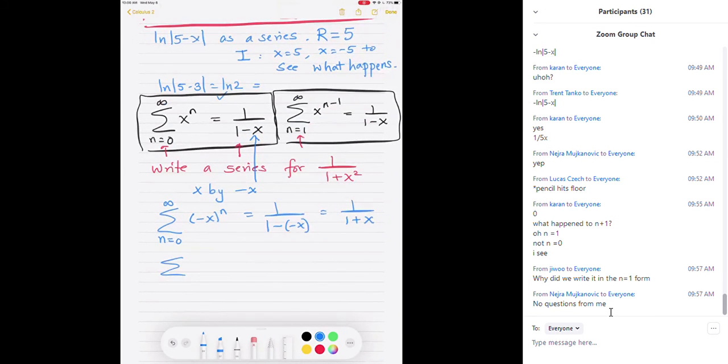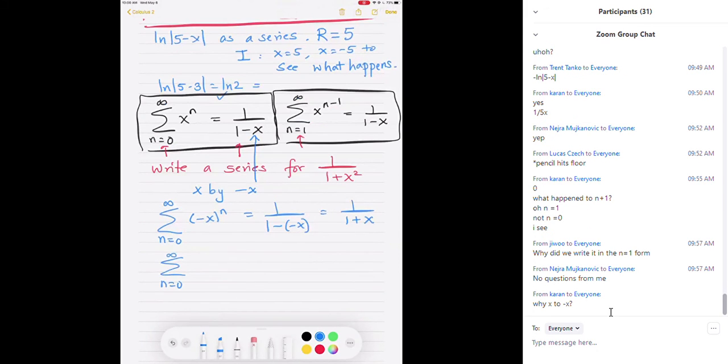And so I'm just going to say this is the sum from n equals 0 to infinity of negative 1 to the n, x to the n, is 1 over 1 plus x. You have to look at what you're writing the function for. Now I'm going to replace this x by x squared